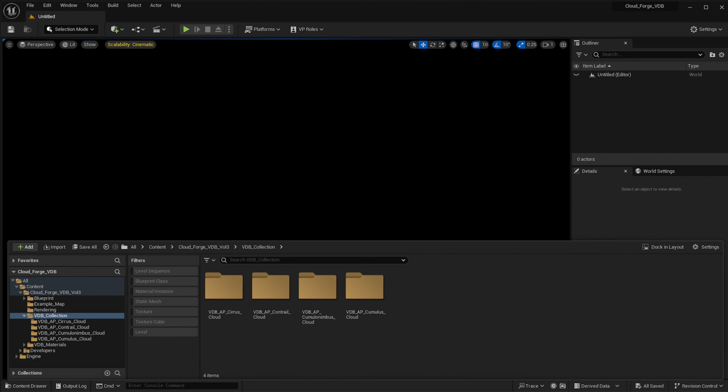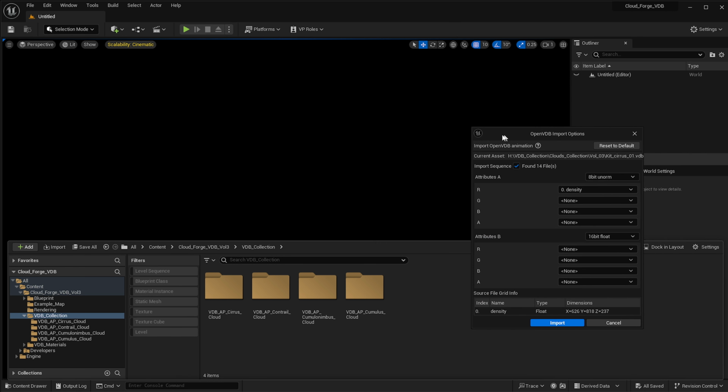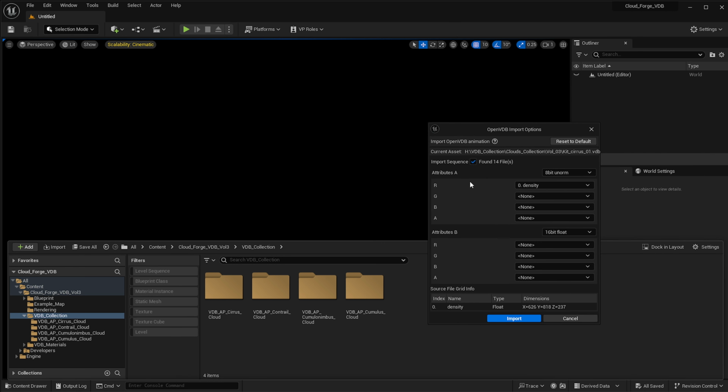So now very quickly, if you'd like to import a cloud in Unreal Engine in 5.3, let's say you have a VDB file over here, you can just drag and drop this into your content folder, and you're going to get this Open VDB import option. So it will automatically detect what type of values your VDB file has, and for me it's the density, and I can put it in whatever channel I want in attributes A or in attributes B. Leave it at 8-bit uniform, and then just you do it in the, as I said, in the red channel